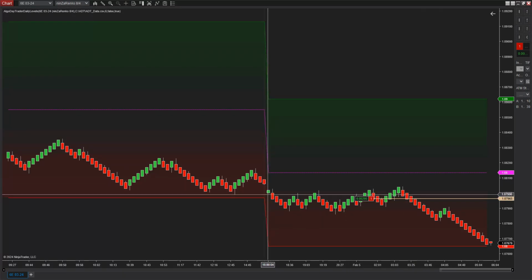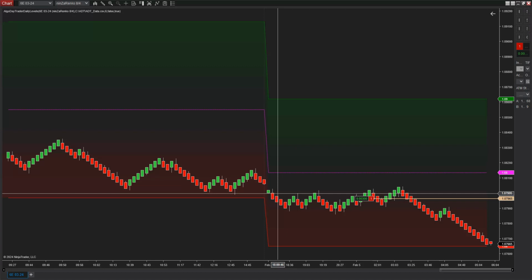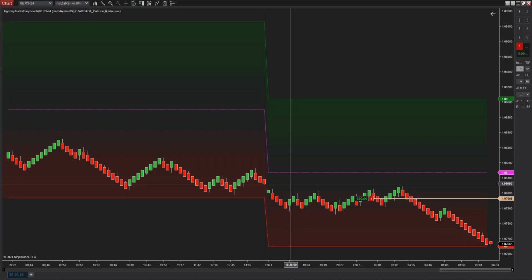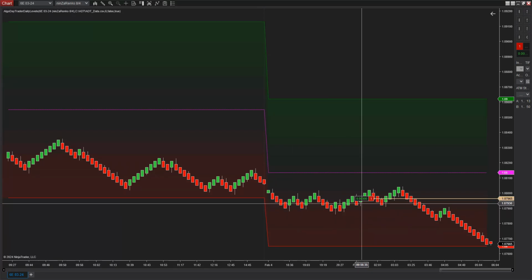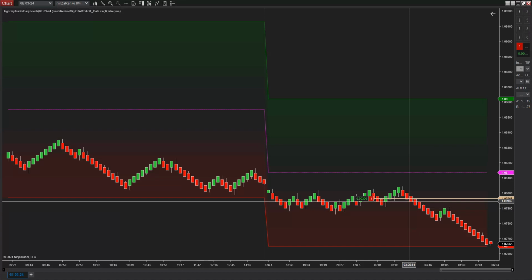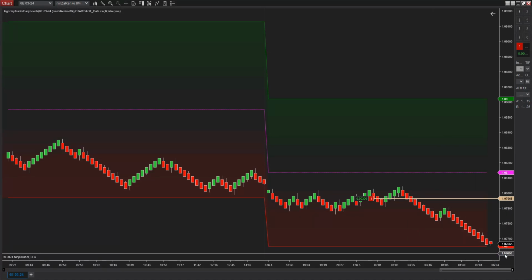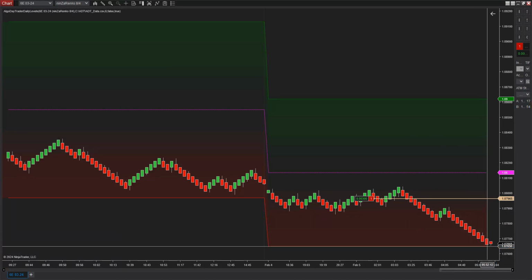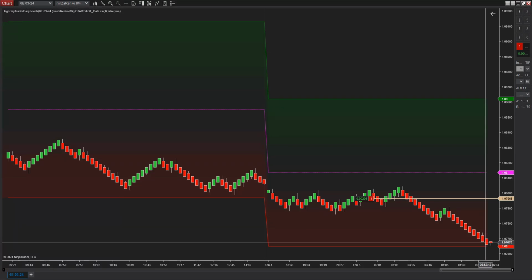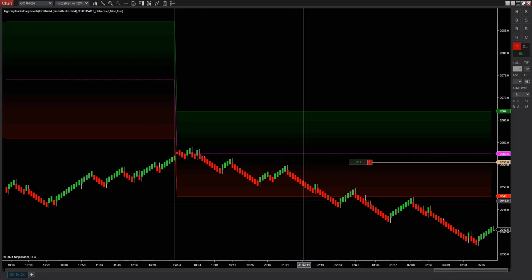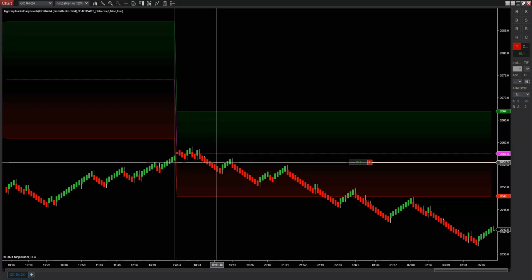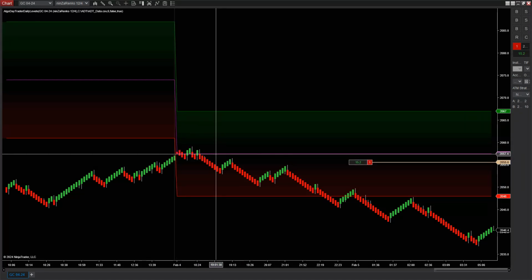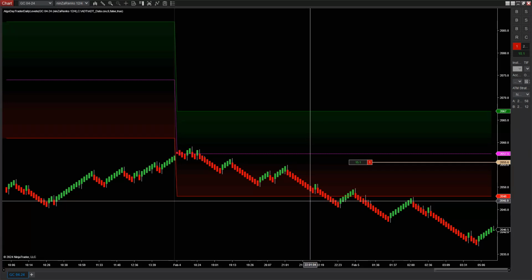When Globex opens, and I posted my levels right after 6 p.m., price was the whole time below the midpoint. It was weaker to begin with, and so a short trade is what's in order for price to come and hit the sell level, and it's doing it now. It is hitting the sell level here. So this is gold. Again, I post slightly after 6 p.m. It got below the midpoint and hit the sell level.